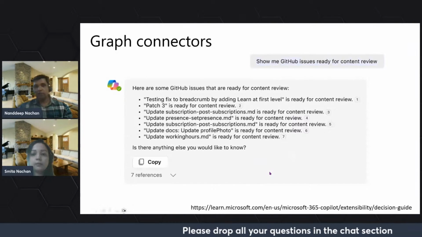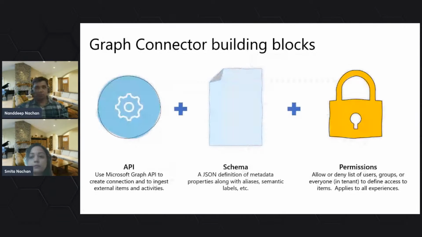All right, so now, for example, if you want to build your own graph connector, what are the building blocks? The first thing is that you need an API. We need to use the Microsoft Graph API to create a connection and then ingest the external items and activities